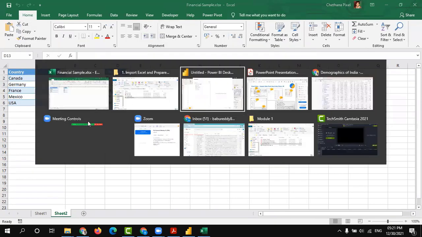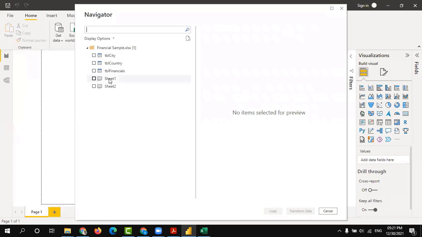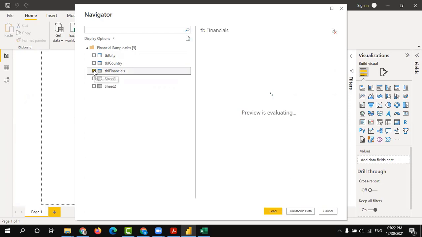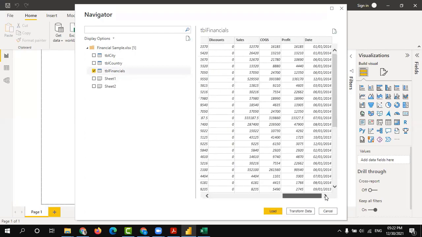You can see these 2 different icons. Under sheet 1 and sheet 2, there is an infinite symbol. Can you see this infinite symbol under the sheet icon? Whereas the table icons don't have it, and there is a blue header line on the top row, and different cells. So what is the difference between these 2 icons? When I click sheet 1, it will take the same data of financials, and when I click financials also, it will take the whole data.